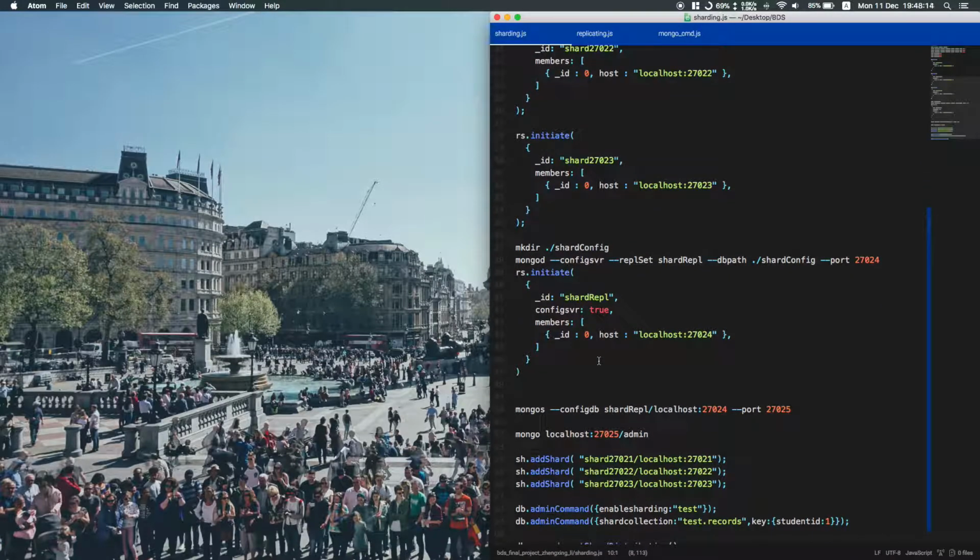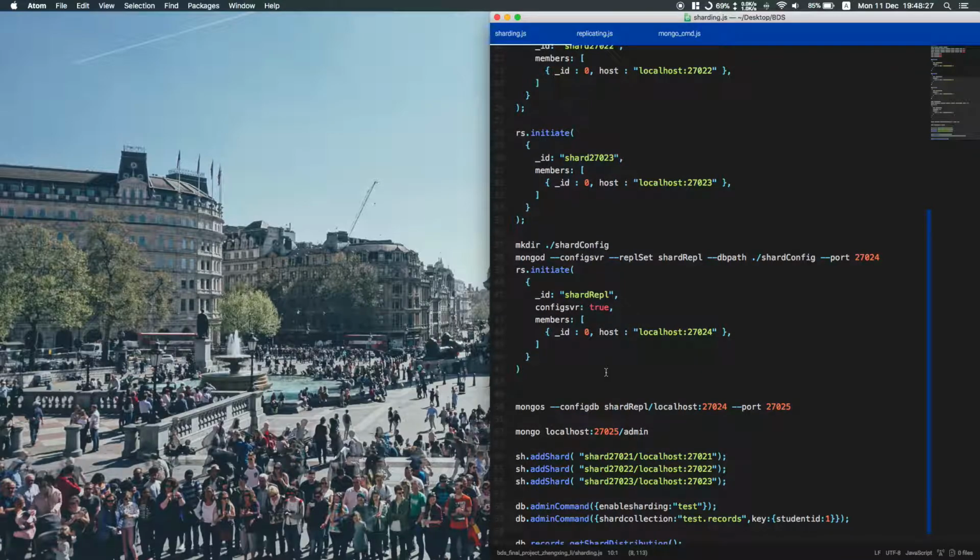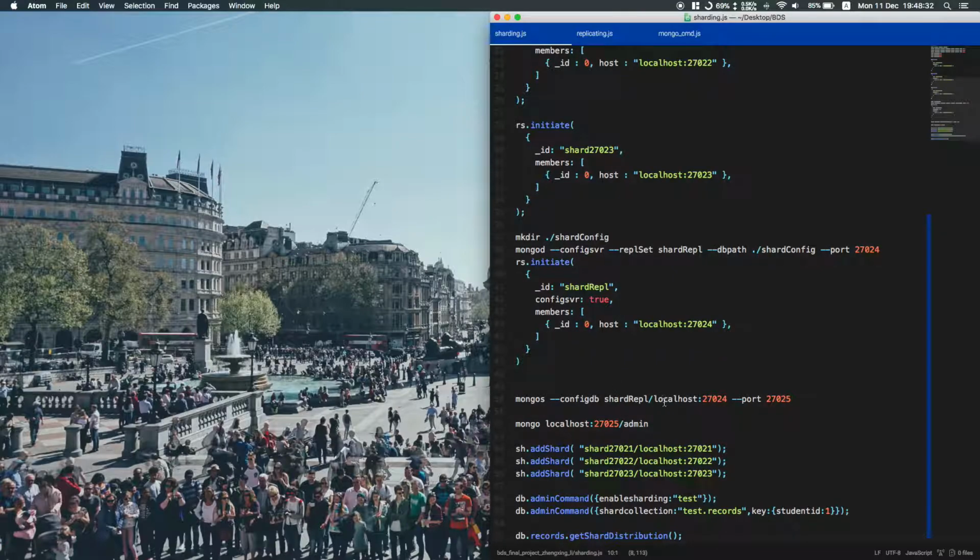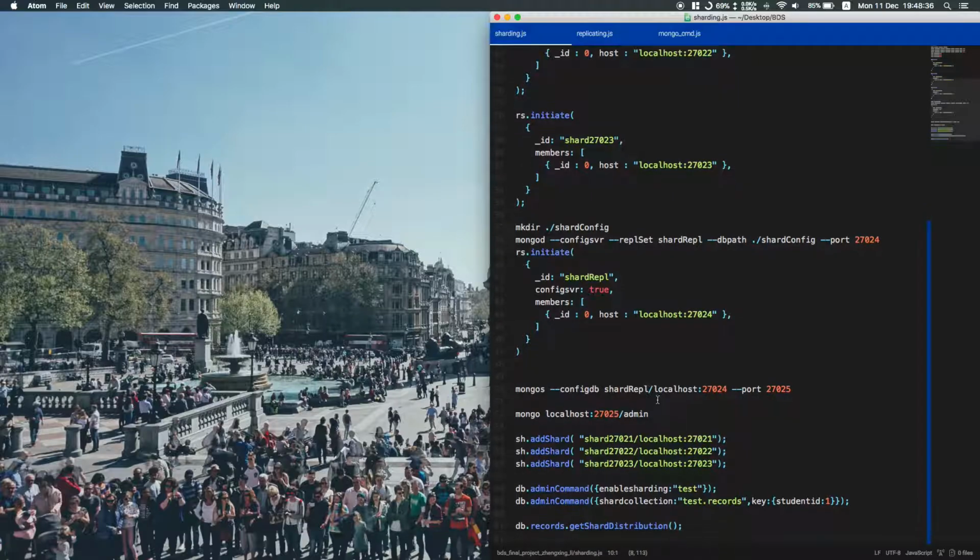And we also need to run another server called MongoS, and this is an entry point of the client, and it will connect to the configuration server to keep track of the sharding information stored there. Using the command here, we need to open the MongoS server and add the shard server to the MongoS, and then we need to